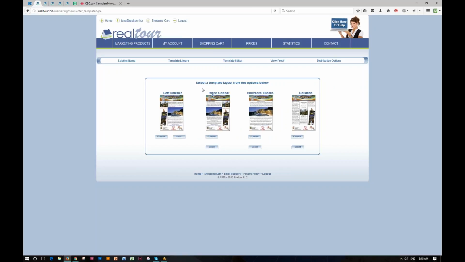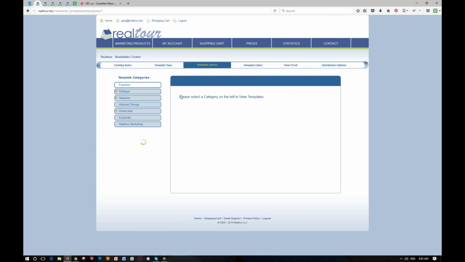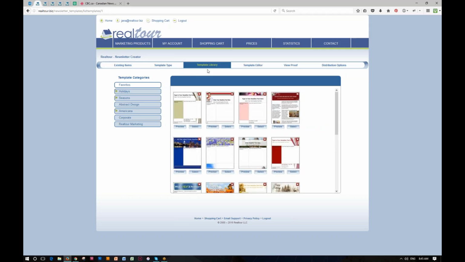Okay, now this time I have the option of choosing between 4 different layouts, and it's just the layout of the content. So you have like a left sidebar, right, horizontal blocks, columns. Let's just choose the left sidebar. Okay, again, it's going to take me into the back end, the template library, same as the other one, only